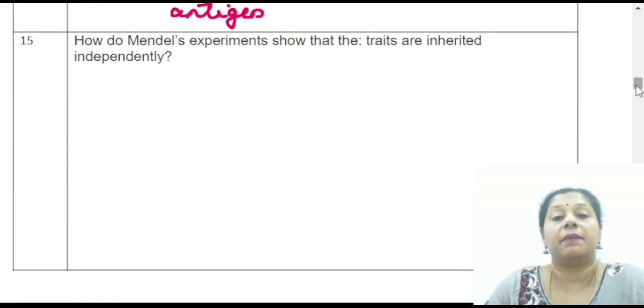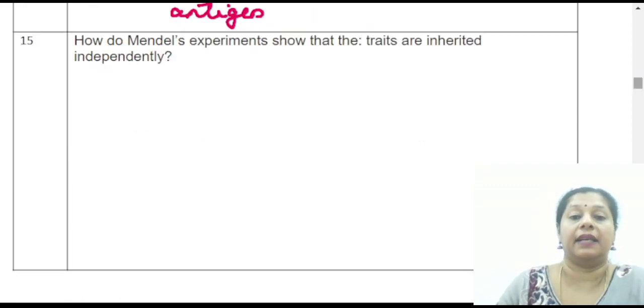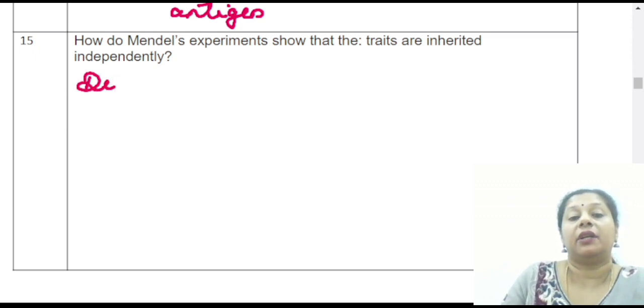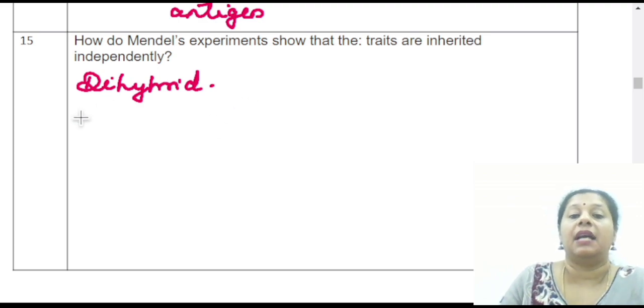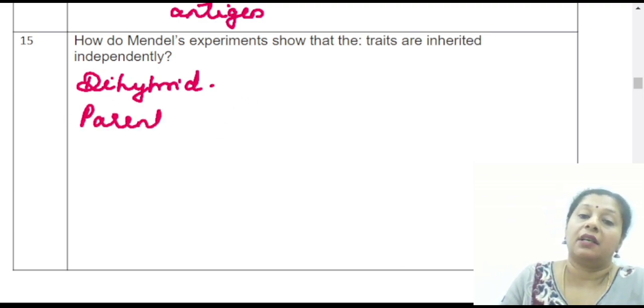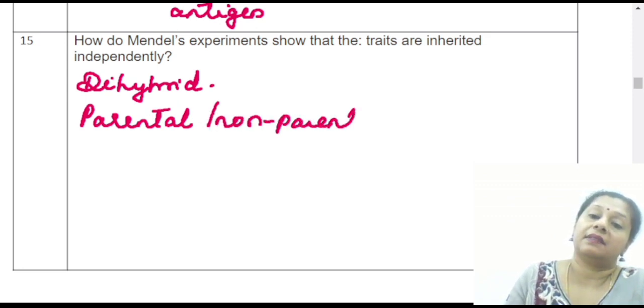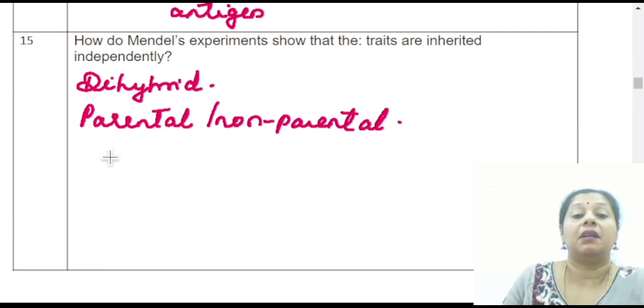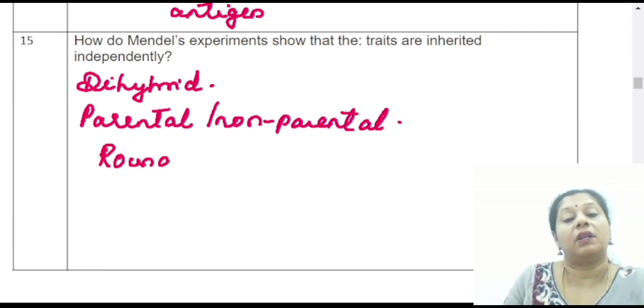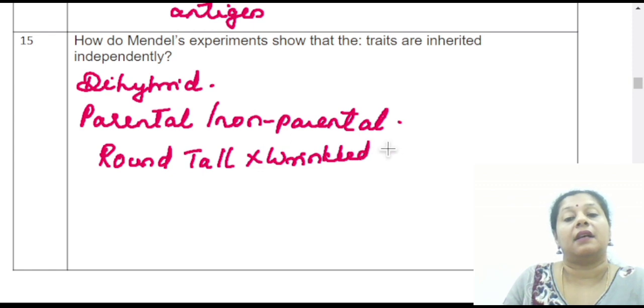How do Mendel's experiments show that traits are inherited independently? So when Mendel did a dihybrid cross, two characters were taken into consideration at the same time. Along with the parental combination, he got non-parental combinations as well. For example, suppose he is taking a round tall and a wrinkled dwarf. So he got the ratio in the dihybrid cross